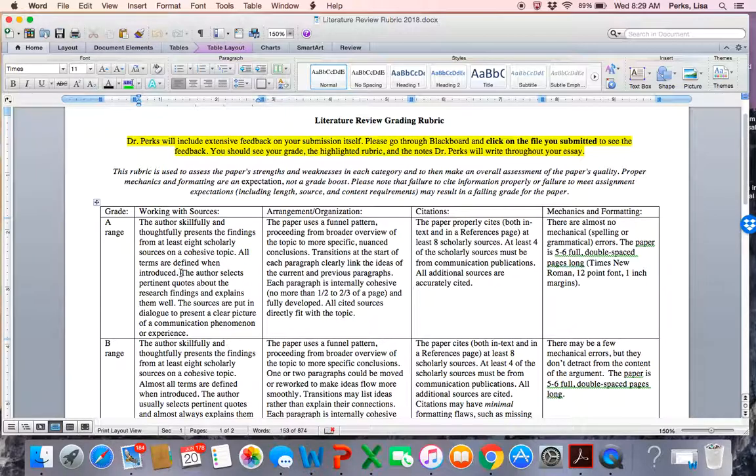You need to not cherry pick quotes that don't make a lot of sense. You need to purposely select quotes from the research that connects to your topic. And you need to, in the second part, explain them well. So put these sources in your own words, show that you understand what a quote means. These are challenging sources to read, so you might need to read and reread certain paragraphs or passages to really gain the gist of what the author or authors are saying. I have to do that myself even after 15 plus years